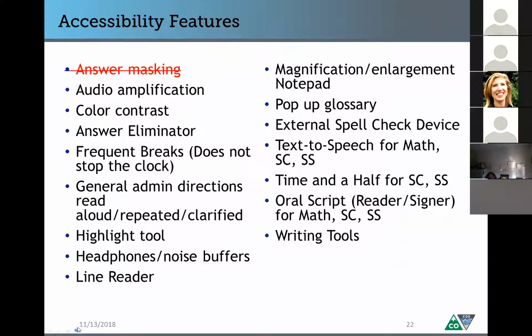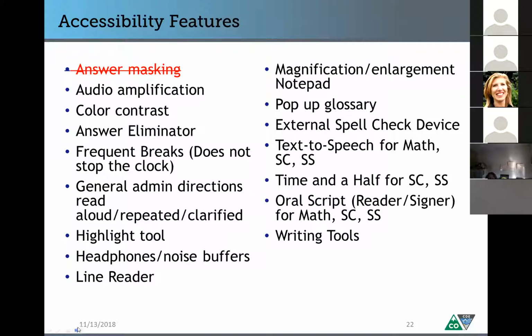And if you've been on any of my other webinars, you'll know I use my daughter as an example frequently, and she's a good test taker, enjoys challenging herself, and her first year taking the CMS science assessment as an 8th grader, she basically played with the accessibility tools for so long that she forgot to take her test and almost didn't finish her unit. So when talking to your students about all these neat tools and features that are built into the platform, just make sure that they know that they can be a distraction